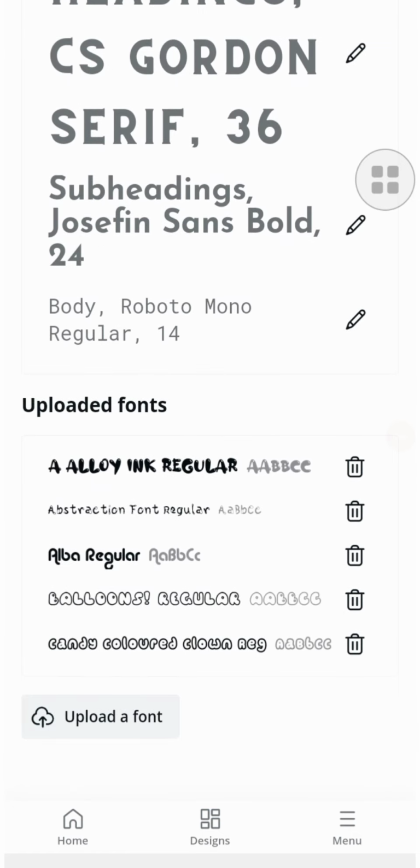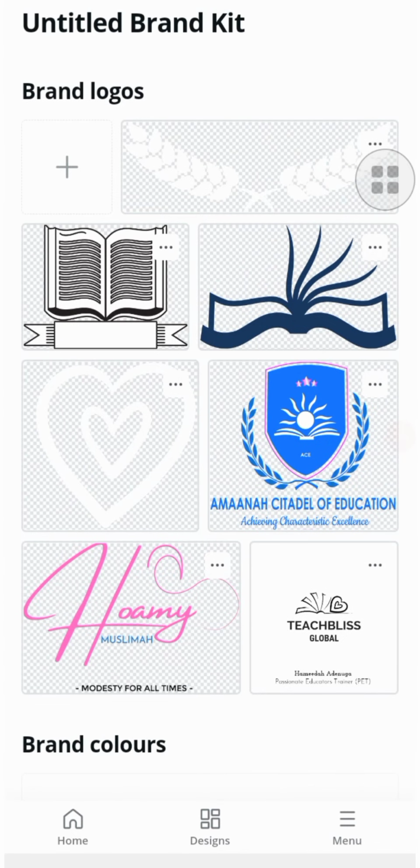Let's not take much of our time. So in this premium version, I am able to upload more fonts. Like I download fonts from the internet, either free fonts or fonts that have commercial license. So you can upload fonts on the premium version. So let's